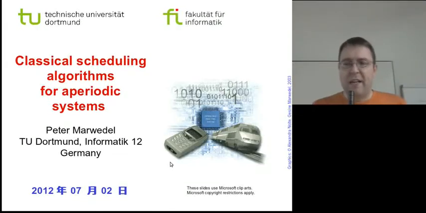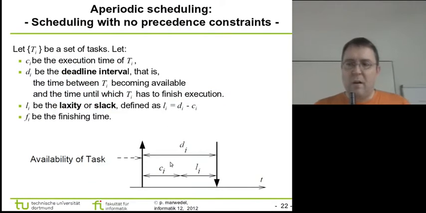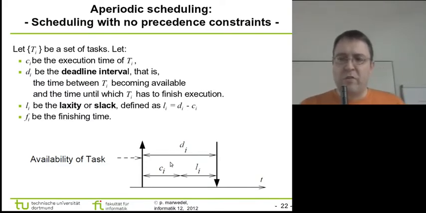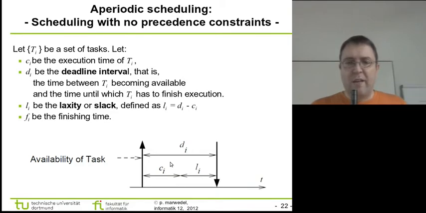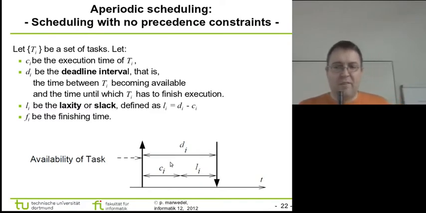In this lecture we consider classical scheduling algorithms for aperiodic systems. For aperiodic scheduling, we first consider scheduling with no precedence constraints. So we don't have any given dependencies between tasks that define if one task has to be executed before or after another. Here we define the set of Ti to be a set of tasks, and we define certain